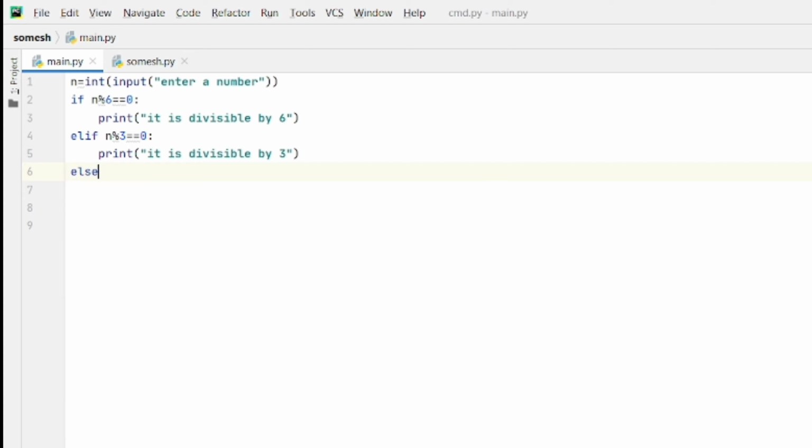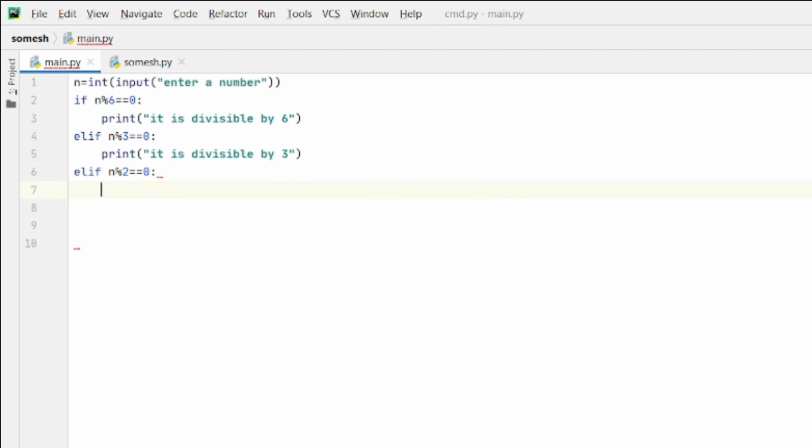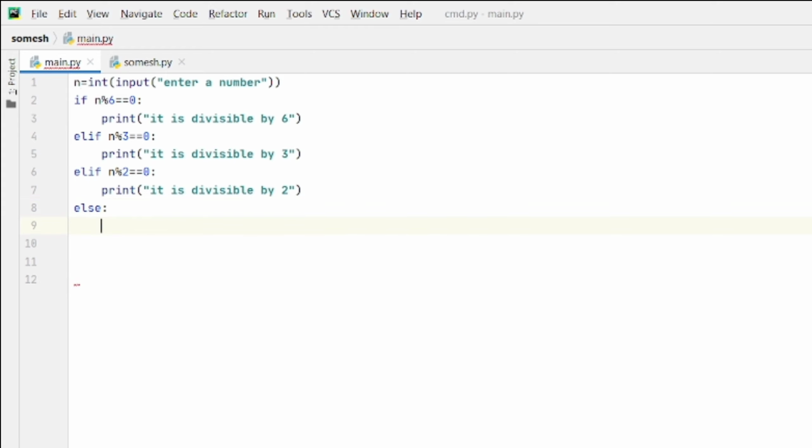Or else we can say, now we have to check if n modulo 2 equal to 0, print it is divisible by 2. If it is not divisible by any number, then print it is not divisible.